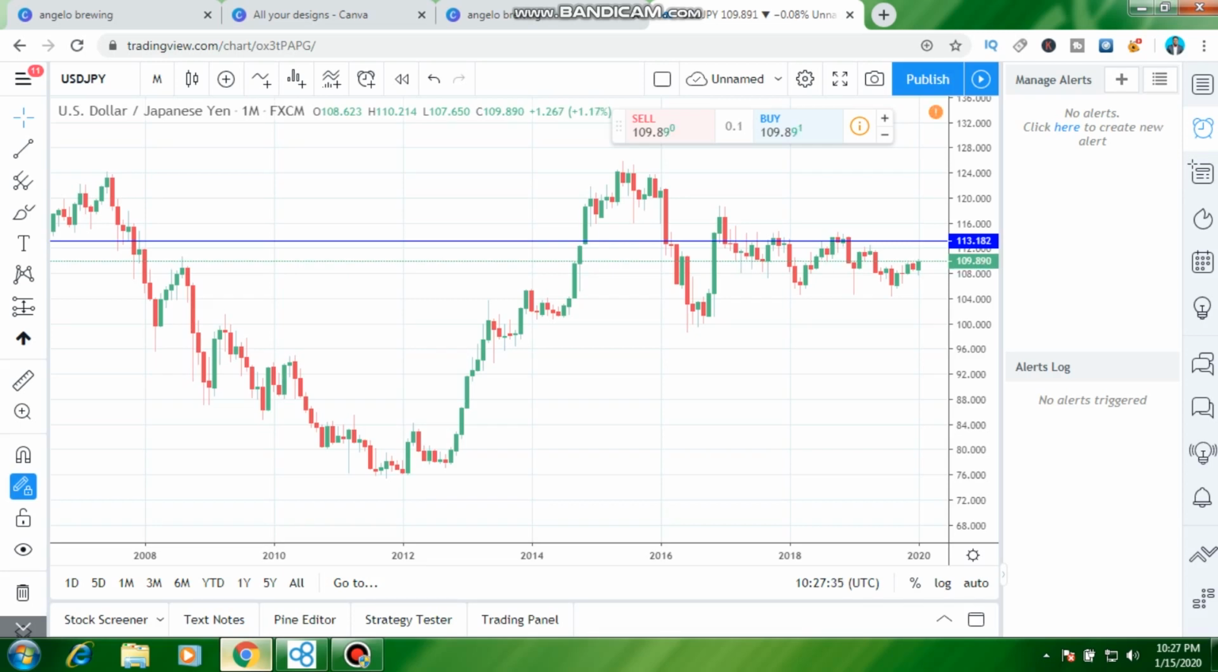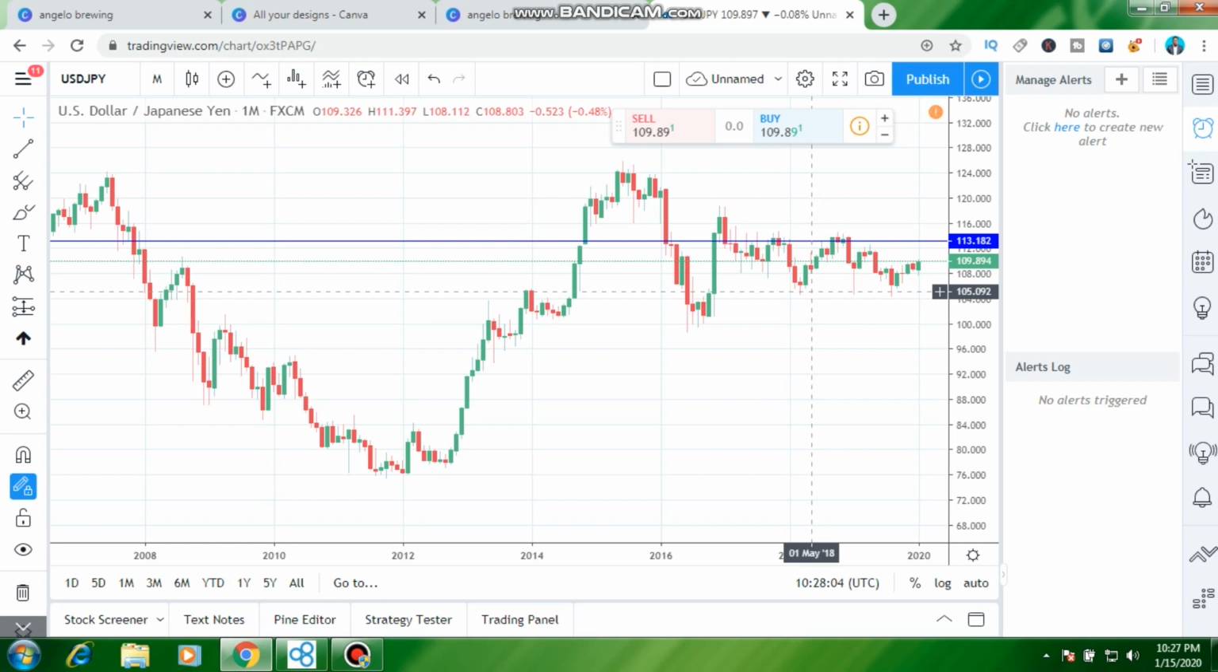Today we are looking at the technical forecast of USDJPY. We want to look at how the market will be in the coming month. Today is 15th January, the year 2020. So first of all, let's begin. We are looking at the technical analysis and the forecast of